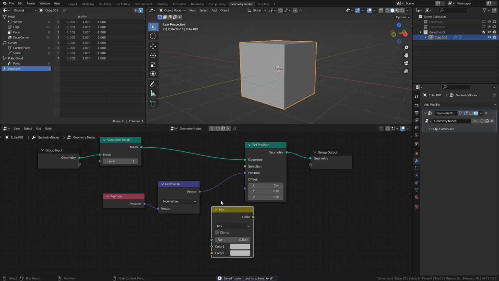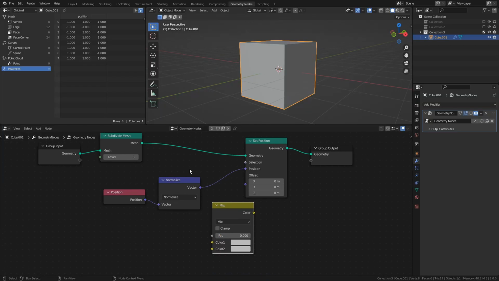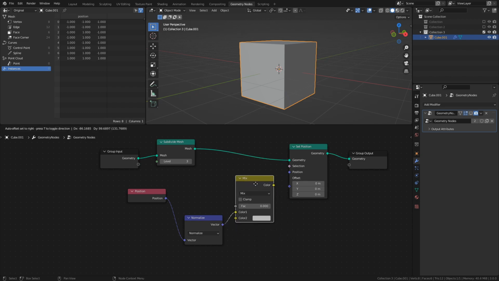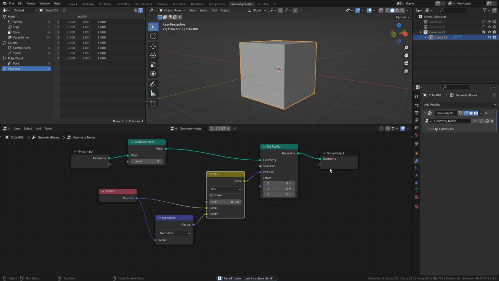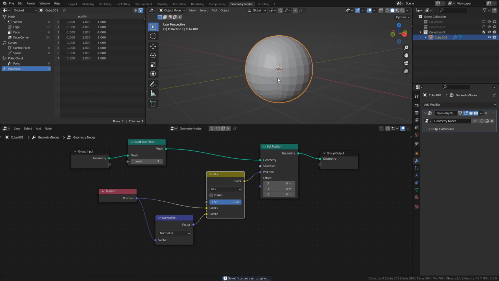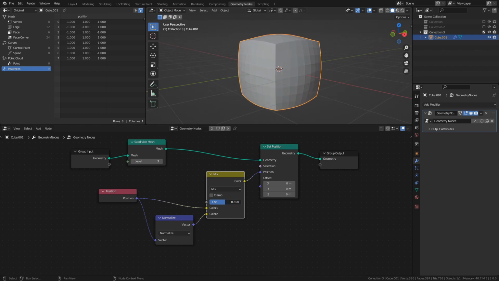This means that it's possible to use the mix RGB node to mix the values of different vectors. So with this setup, the factor of the mix RGB node determines the influence of each of the different positions, and makes it possible to smoothly transition a mesh to a sphere. I thought it was a neat little trick, so I shared it with my patrons and kind of left it